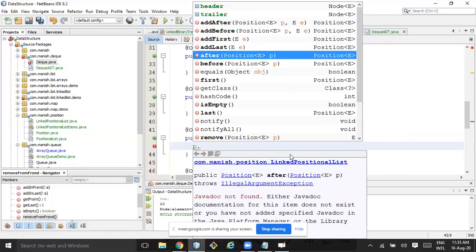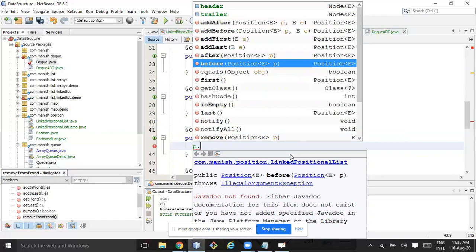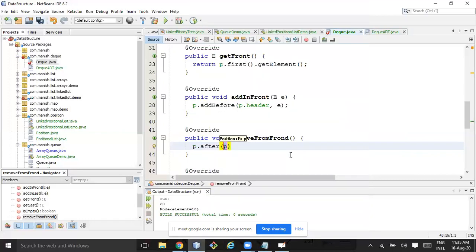Okay, I'll get first, before or after header. It's p dot header. I'll get that, and here it is position.